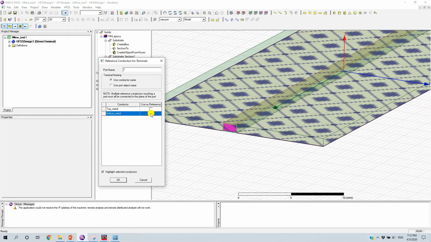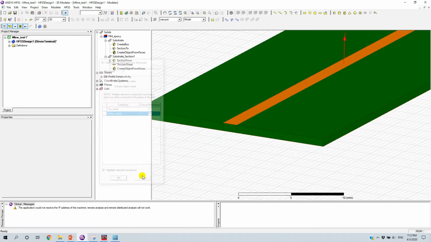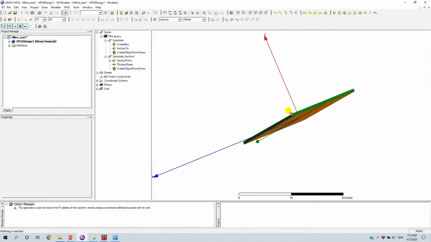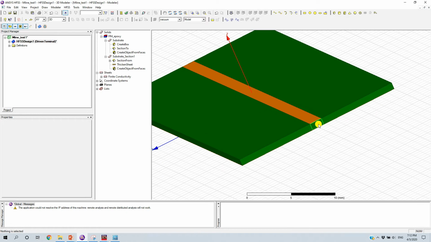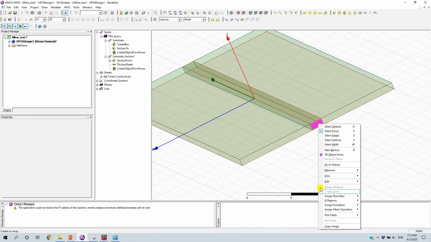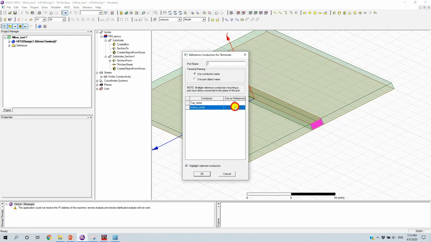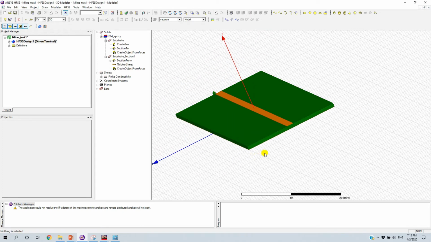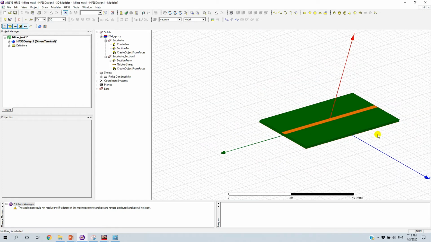I'm going to choose the bottom metal. I'm going to hit OK. We have to do the same thing for the other port, the other side of the transmission line. I'm going to select this. I'm going to assign excitation, lump port. Now I'm going to select the bottom plane again. So now the structure is ready,